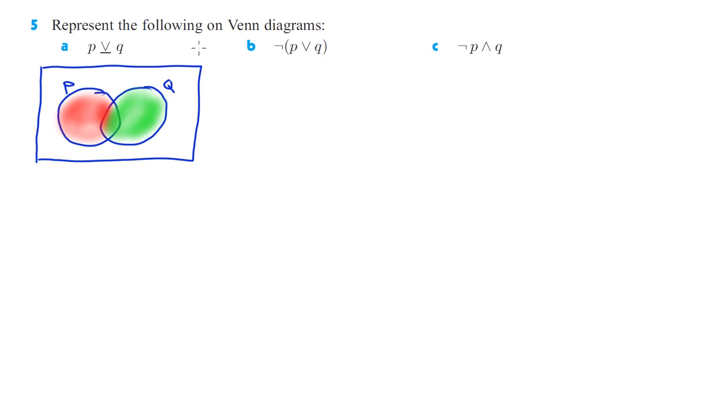So the solution then is going to be everything that's shaded in except for the overlapped piece. So this overlap piece here can't actually be in there. So what we have to do is we have to actually erase that overlap piece. So that's what our solution would look like. This one, but not the middle and not the outside. Okay, let's take